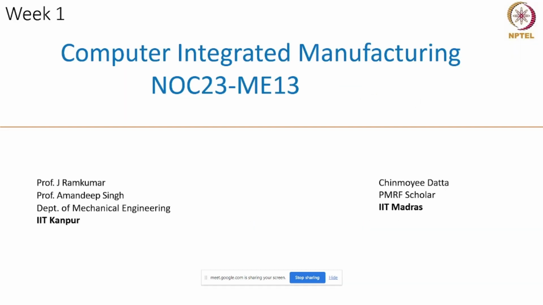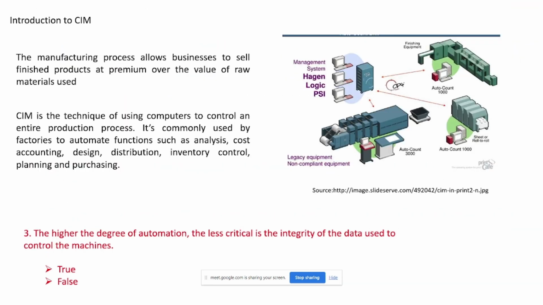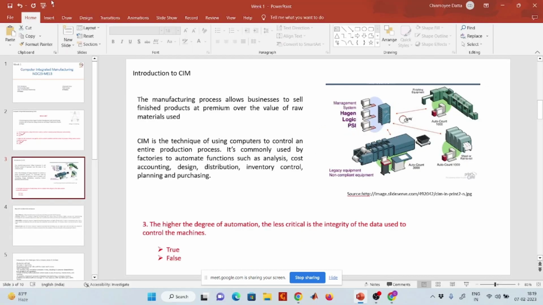Okay, fine. So the statement is given as: the higher the degree of automation, the less critical is the integrity of the data used to control the machine. See, when the degree of automation is higher, the integrity of the data being used to control the machine will be very critical because the degree of automation is higher. So